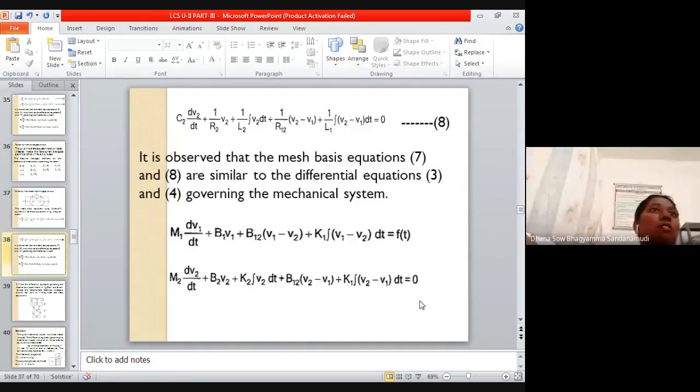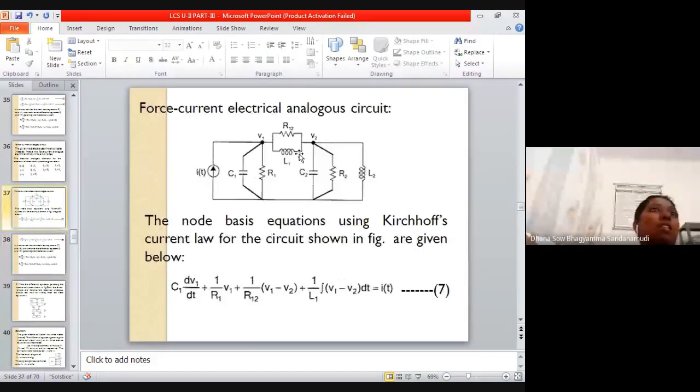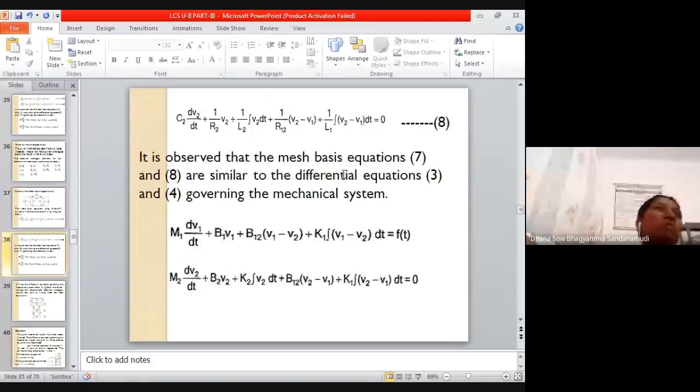Okay, next equation at node 2. At node 2, entering currents are not there. It's your wish, you can consider entering currents, or you can consider all the currents are entering or all the currents are leaving. Here I have considered all the currents are entering the node. That's why I have written this equation. Okay, so you have got two equations now.